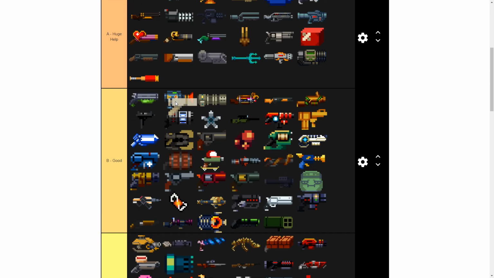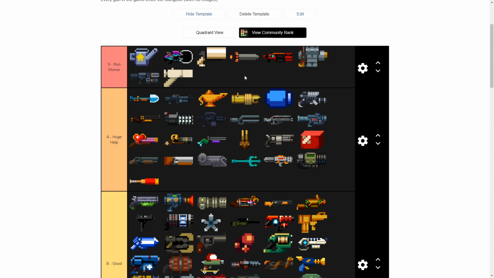Composite gun, yet another S tier item, honestly. Composite gun is brilliant, considering you can kind of use it as a room clearer, although it's got low ammo, so that's kind of risky, but you can use it as a boss killer, and if you fully charge up